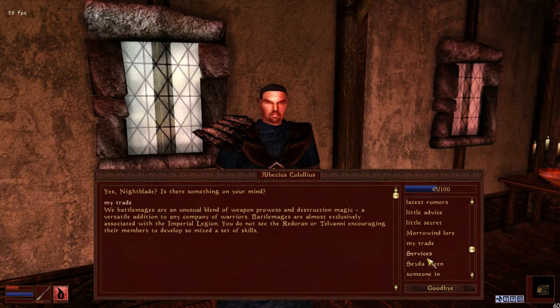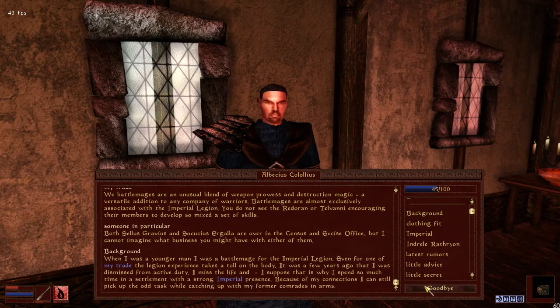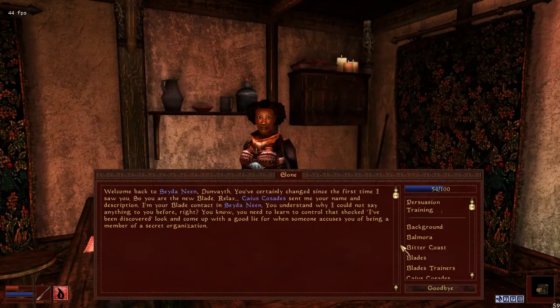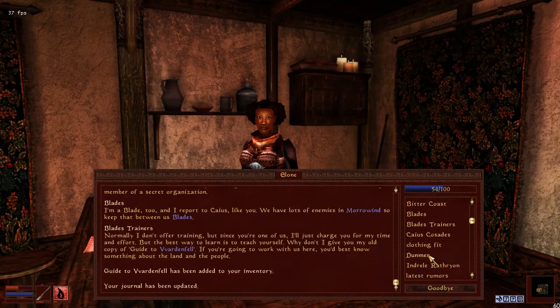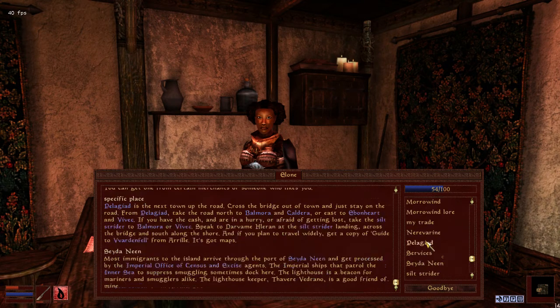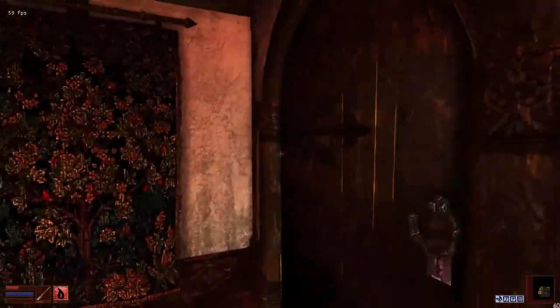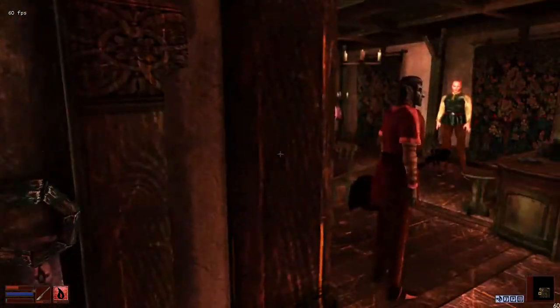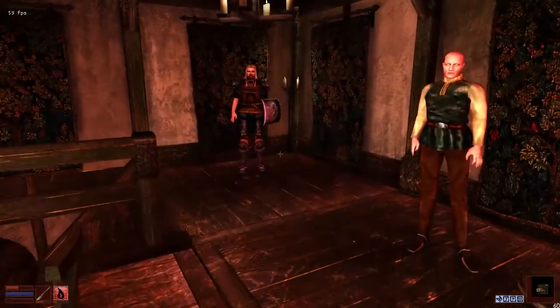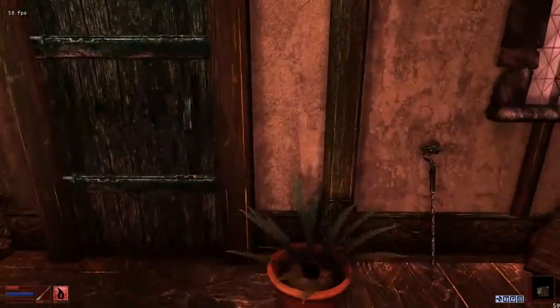My trade. Background. Go ahead, stranger. Guide to Vardenfell. My trade. What's your story? Nothing of import. So where are you from? You're on your honor. Don't press your luck. So we forgot. Welcome. We just forgot to